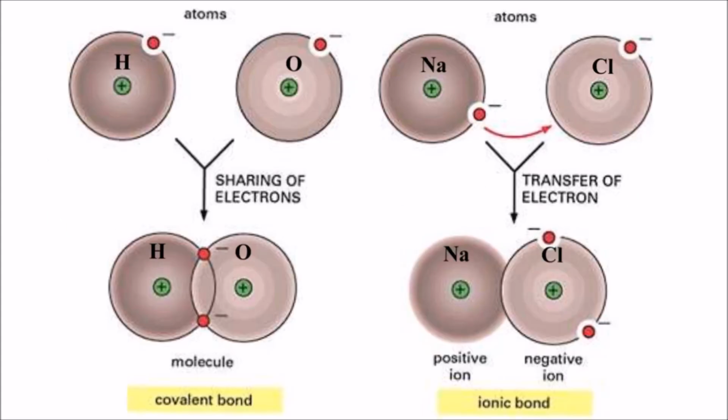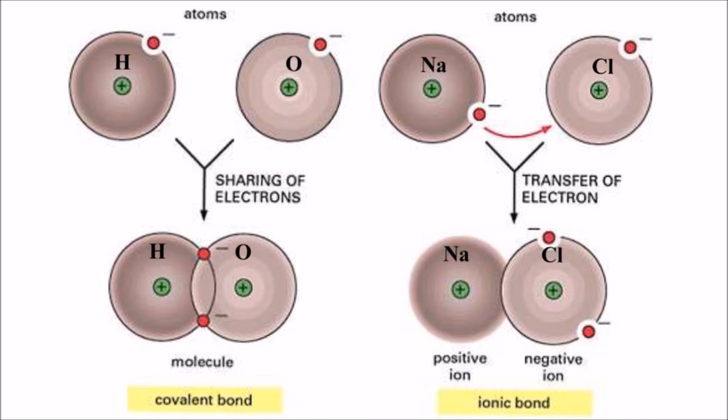Here's some differences between covalent bonds and ionic bonds. Okay, so here we have hydrogen and we have oxygen, and they're going to form a bond with each other, and this is the covalent bond. They're sharing the electrons. Okay, now this is probably a polar covalent bond if you looked at their electronegativities, so these two electrons would spend most of their time around oxygen and least of their time around hydrogen, but even so, they are sharing. Okay?